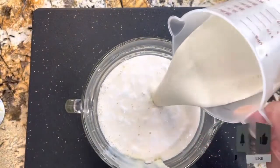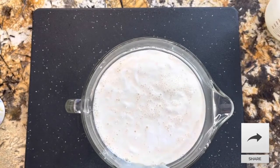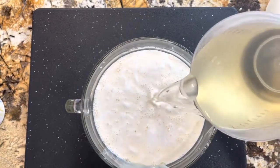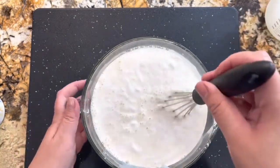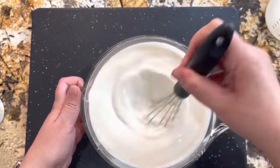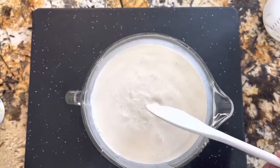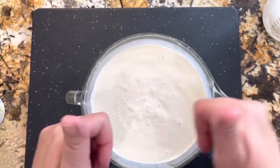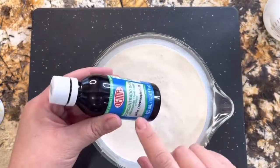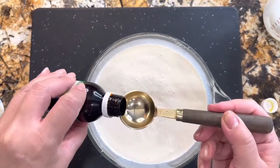I have the whipping cream, and from here I am going to start adding just a little bit of the simple syrup, and I am going to incorporate it completely, making sure that everything is incorporated. I'm going to go ahead and taste it. It's great. And now I am ready to add the pineapple